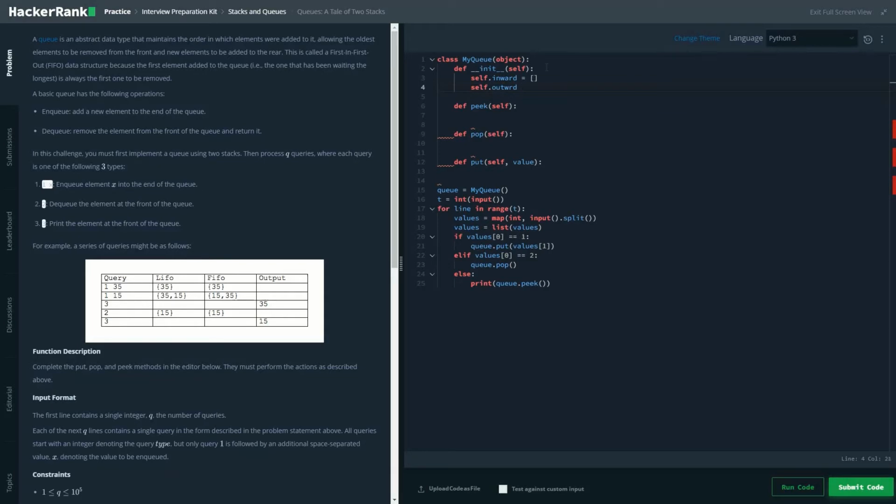So the first code that you would be writing is self.inward and self.outward to initialize our variables, and we will be creating two empty lists out of it. Then the pick element.